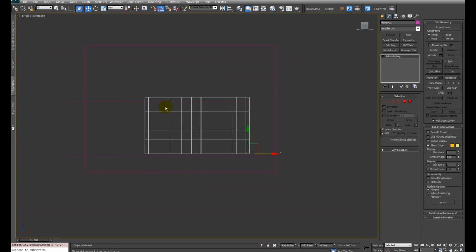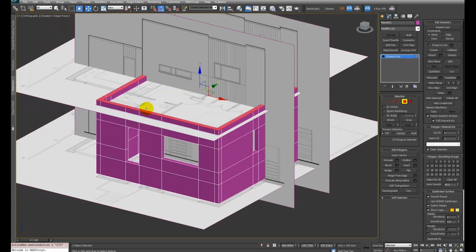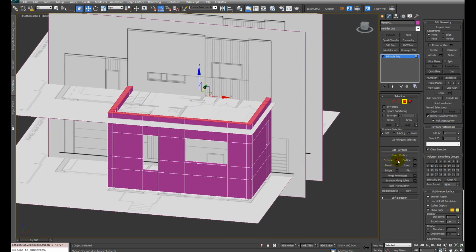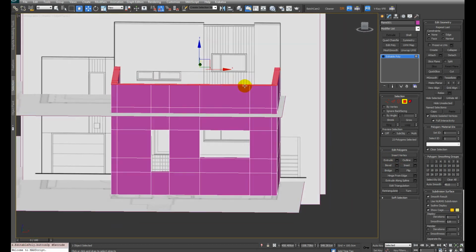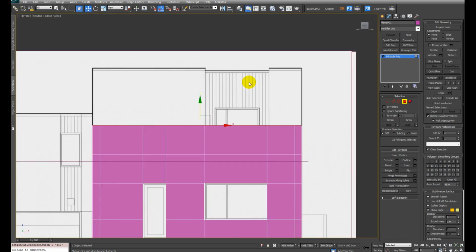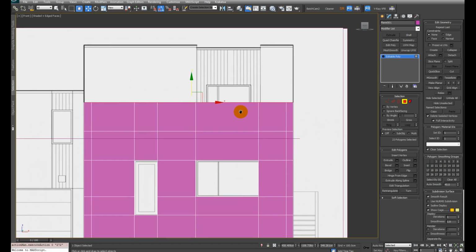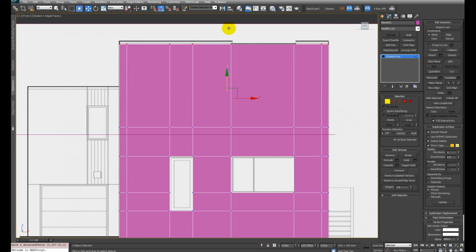Now let's go into the front view again, and with this selection mode enabled, you see it's quite easy. If I go into the front view and I do a selection from left to right like this, it selects only the top polygons, so that's very useful. I can hit extrude very easy and select only the ones that I need. Okay. Let me see. I think we could bring it up until the top of the house,